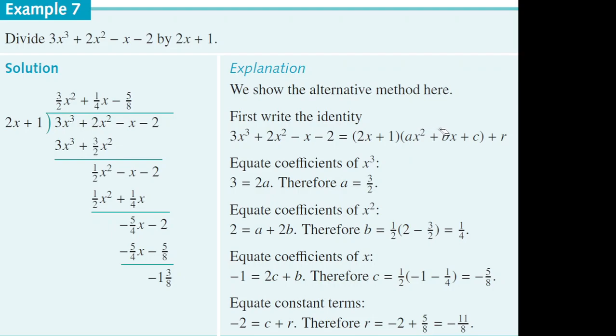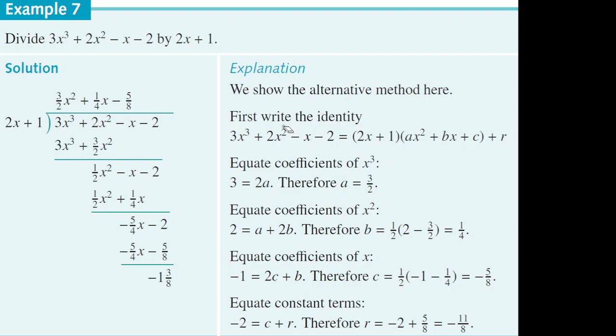quotient has to be a quadratic because this is degree 1, so 1 plus 2 is 3, and the remainder has to be less than 1, so it's degree 0, which is a constant. Okay, and then you're going to have to equate the terms, so the x cubed term from the left with the right. So the process here for the right is just the 2x times ax squared, so we get the a value. Substitute the a value straight away into your